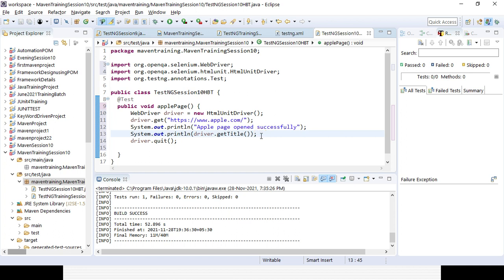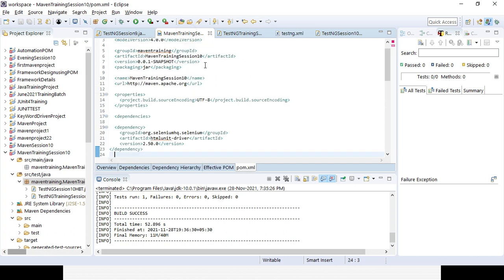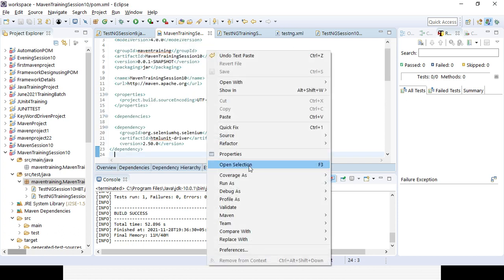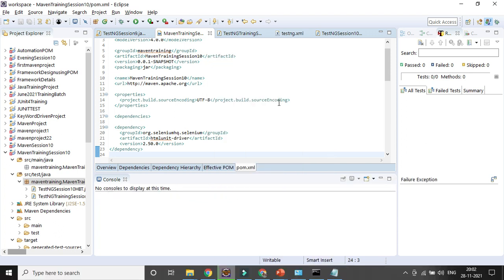Now that particular class name I can change in the testng.xml file here, right? Instead of that one I can change the class name here. So definitely it is already considering that class, right? And now if I want to run it from Maven, it will definitely run, but you will not be able to see the execution, but you could still get the desired result, right? That Apple homepage title. So that way you can do headless browser testing with the help of a Maven project as well.